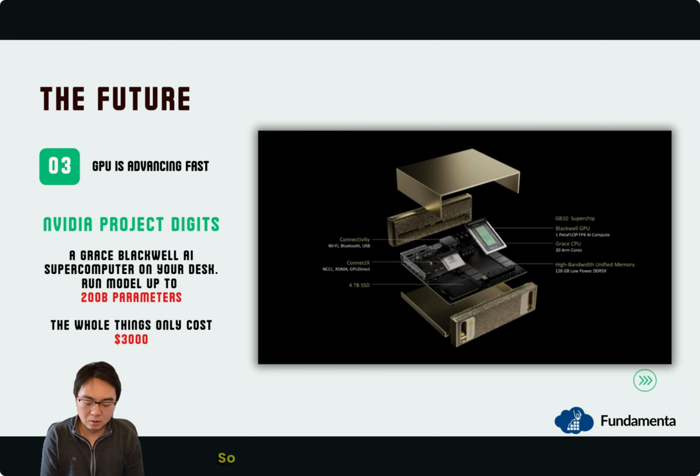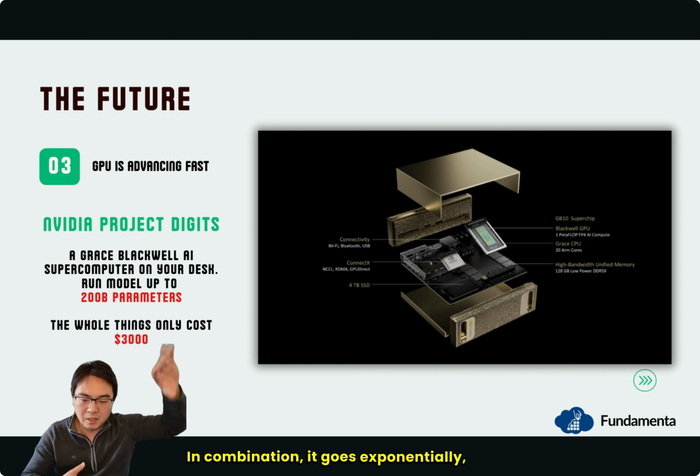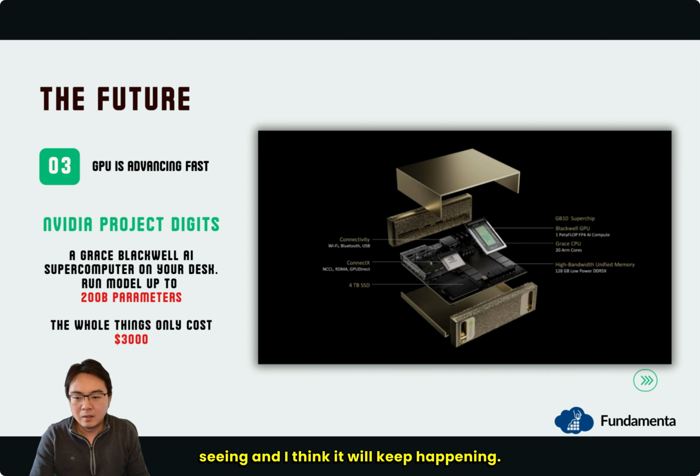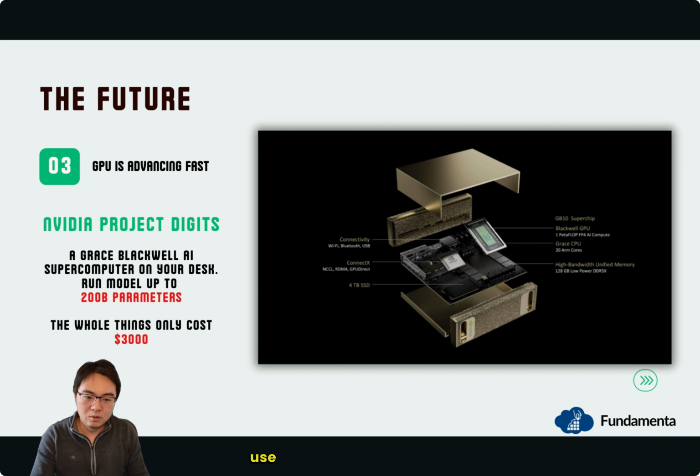The last thing I want to say is, I don't know if you heard about NVIDIA Project Digits. It was announced, I think, three or four weeks ago. It's one of these things that proves that GPUs are also advancing fast. So this in combination goes exponentially, right? I would reckon every single month you see something mind-blowing. This is what I already see, and I think it will keep happening. This is a supercomputer that you can use. It's a box this size, right? That's literally how small it is. But this thing can run, this thing has